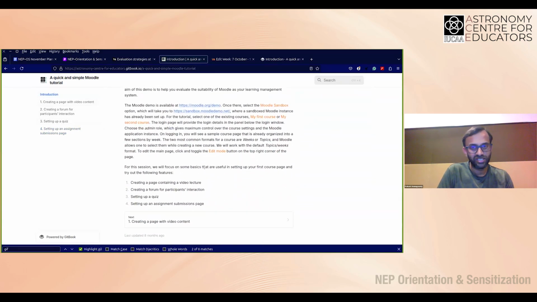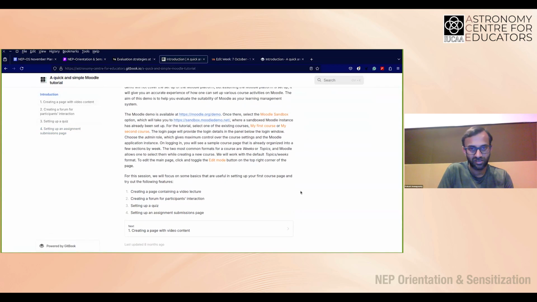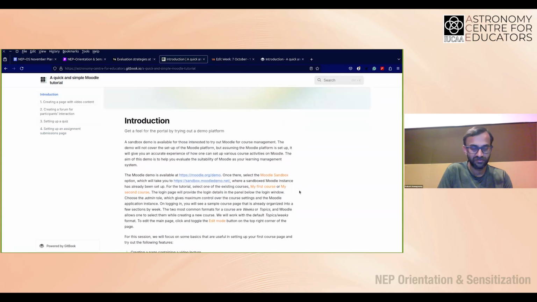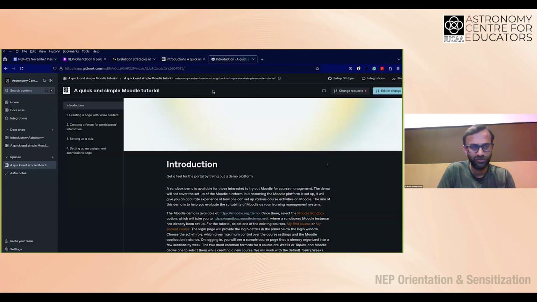People who are not very savvy with HTML technologies or setting up sites and so on can also, in a very short period of time, create online material or make their course material available online as a web page through this application called Gitbook. So I'll just briefly show how it looks.